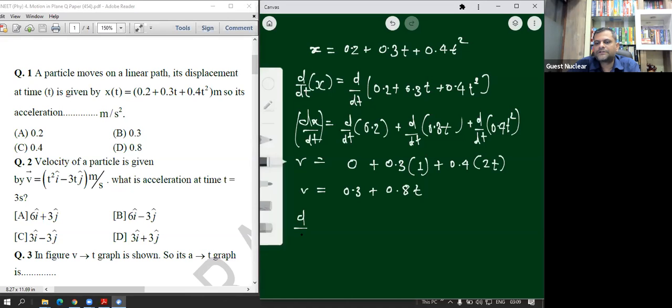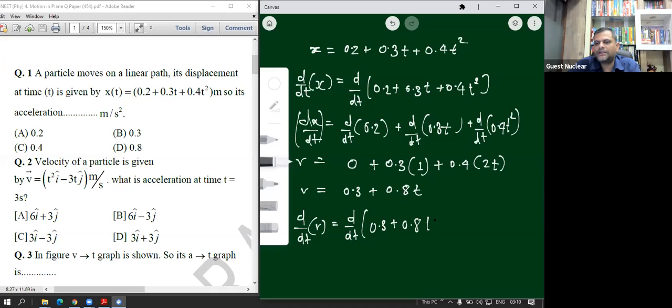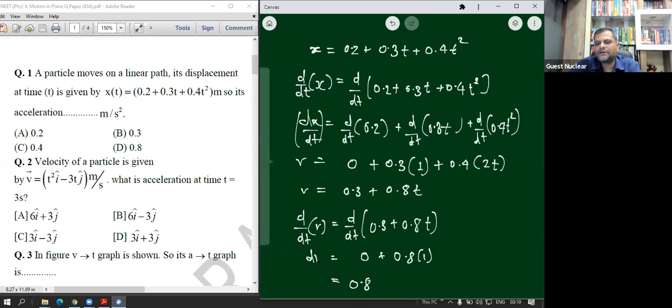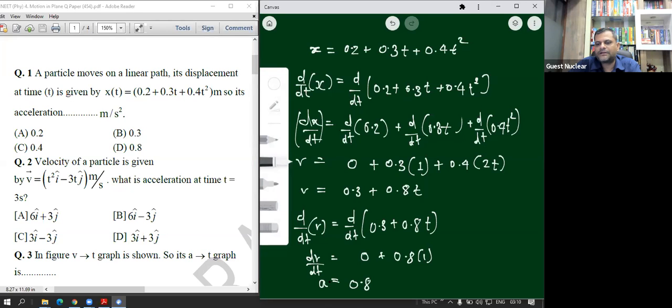So if we differentiate this with respect to time once again, d by dt of v is equal to d by dt of 0.3 plus 0.8 t. Here, what will be the derivative of 0.3? 0, plus 0.8 is a constant, can be taken out, and what is the derivative of t here? It is 1, correct? So we get 0.8 only. So this will be the acceleration actually, because it is dv by dt, right? And dv by dt means acceleration. Acceleration of this particle is actually going to be 0.8 meter per second square, which is already there in option number